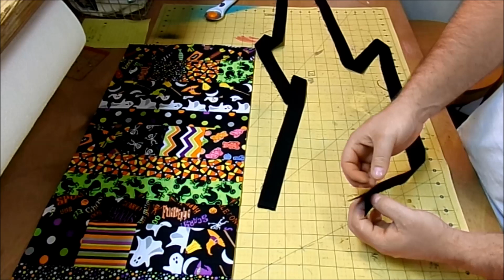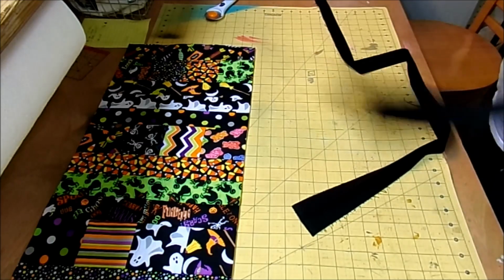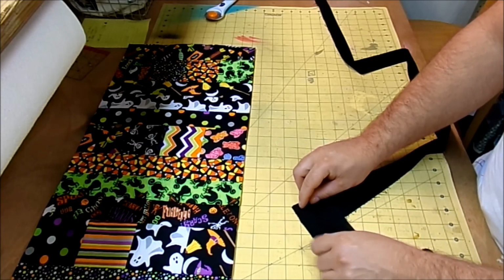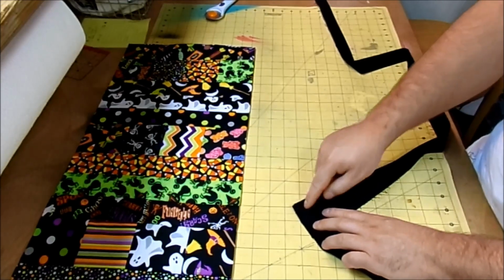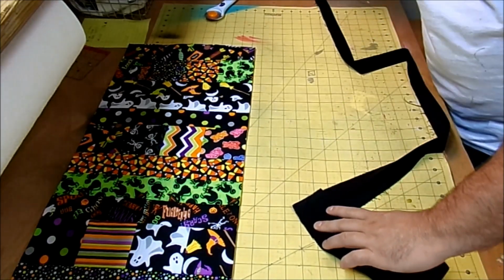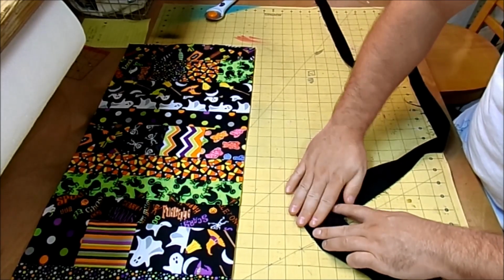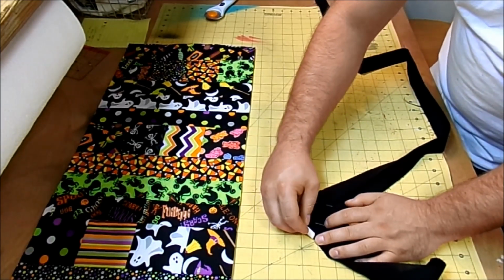So now I'm just going to open up my binding here, and put the peak facing up. I'm going to take my other strip, open it up, and lay it so my peak is facing down. I want the top edge of my top strip to match up with the side here, and the top edge of the bottom strip to match up right there, and I'm going to stick a pin or two. So now I'm going to take this over to my sewing machine, and with that same straight stitch, I'm going to sew corner